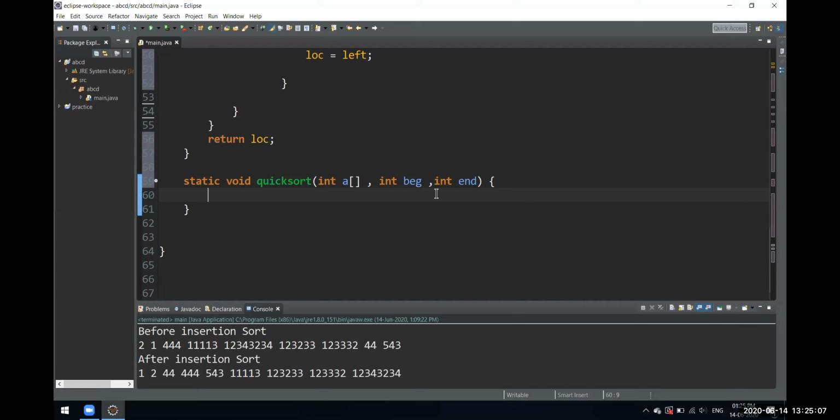Very simple, quick. Inside this, first we'll pass the LOC location, and we'll have a simple if condition over here. This LOC would be equal to the partition's output.